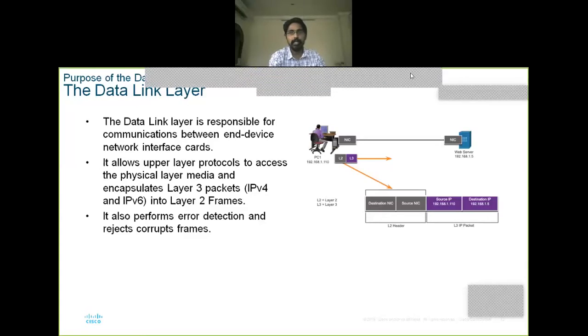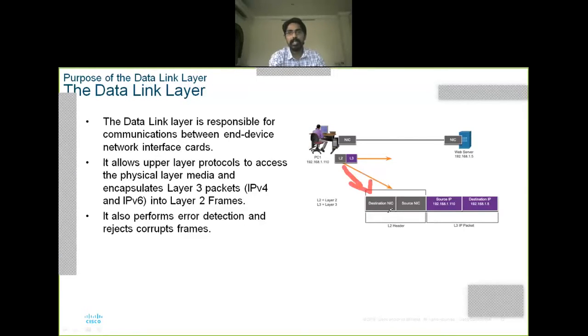What are the components in L2 and L3? L2 has the destination network interface card address and source network interface card address. As the definition suggests, the data link layer is responsible for communication between end device network cards. That's why we need the network card address.